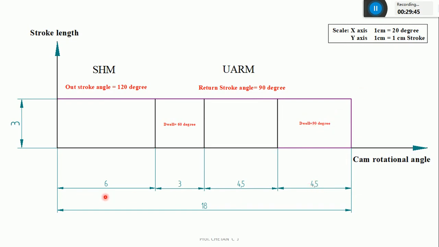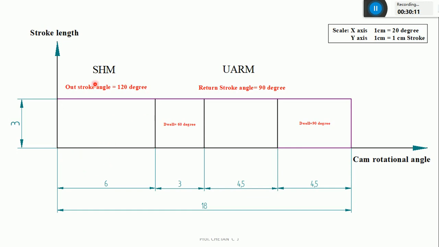You can do the summation of all these distances: 6 plus 3 is 9, again 4.5 and 4.5, total is 18 centimeter. So you have indicated all the 360 from 0 to 360: first 120, then 60, then 90 and 90. After that, the next step is